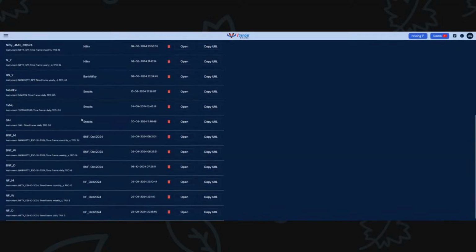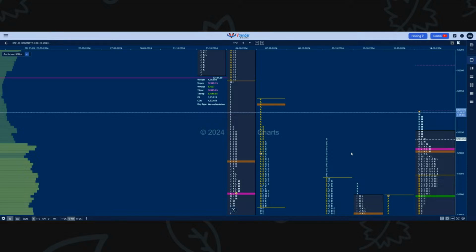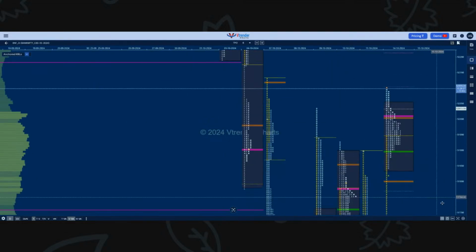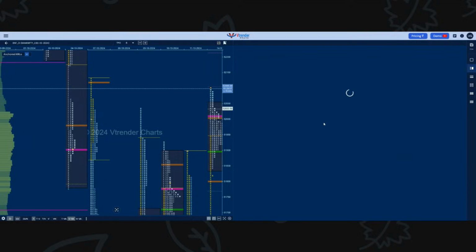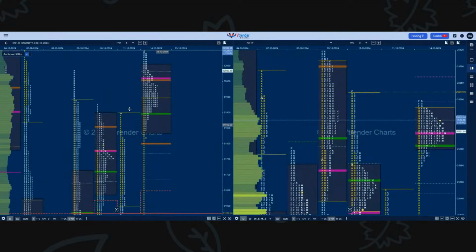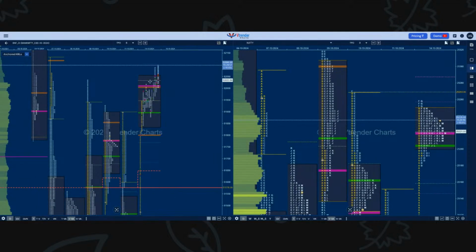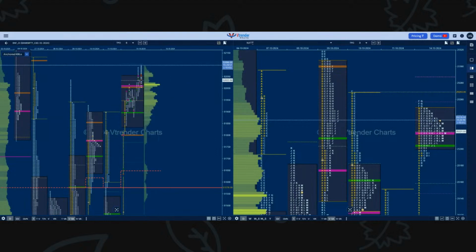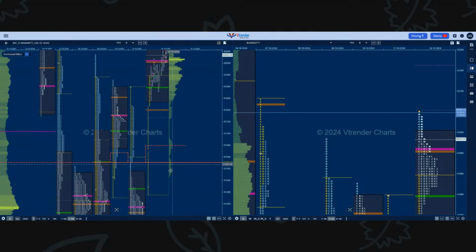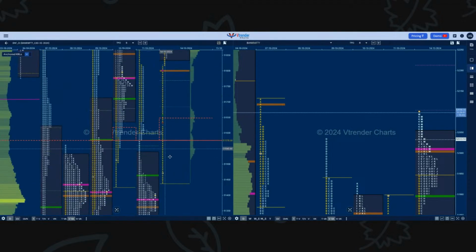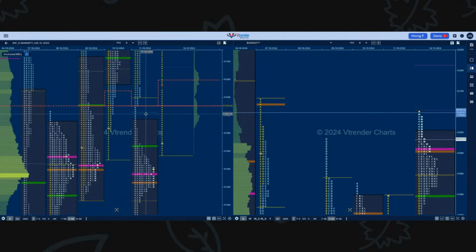So now let us have a look at the Bank Nifty futures before we wind up for today and see what kind of auction we had in Bank Nifty futures and what the order flow was showing us. So remember, Bank Nifty was a double distribution trend down profile on Friday. So we had very clear sell side references, but what happened into the close